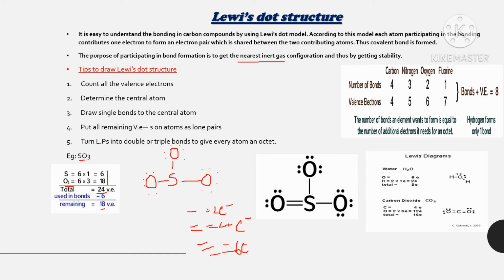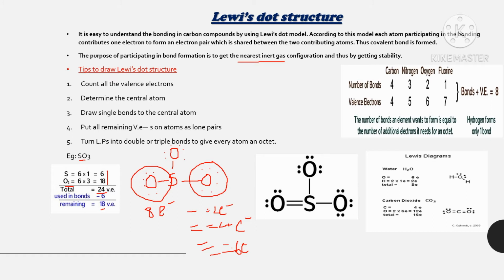Bond pair means here 2 electrons are there. So it is also countable, this oxygen atom also. So how many valency electrons is that oxygen having now? 8 electrons. So this atom is having 8 electrons. Like that, this atom is also having 8 electrons. See this, 1, 2, 3, 4, 5, 6 and 7, 8. So this is also 8 electrons and this atom is also having 8 electrons.